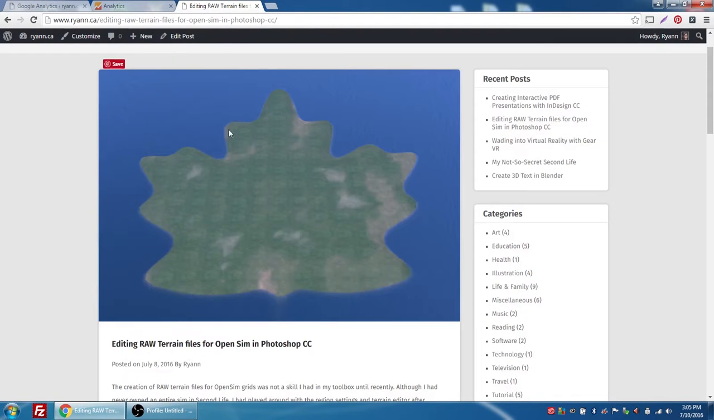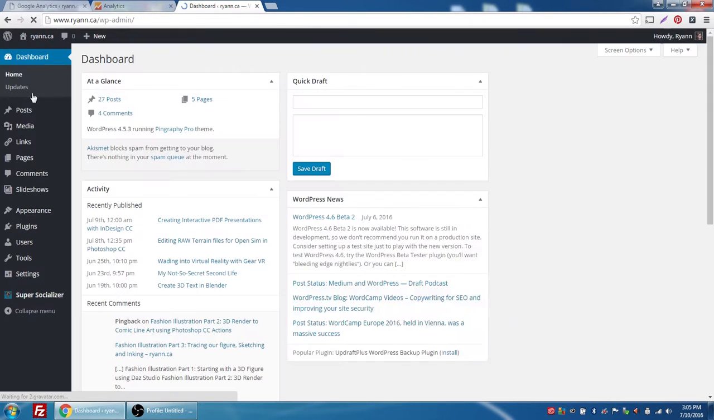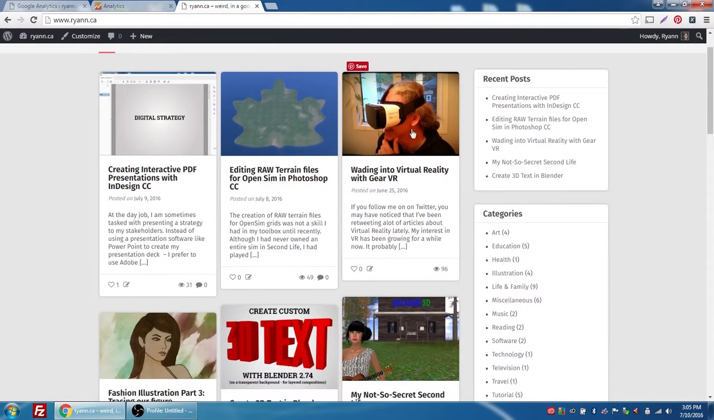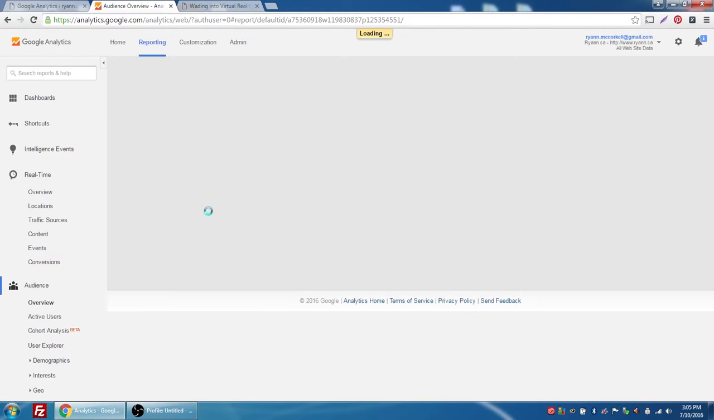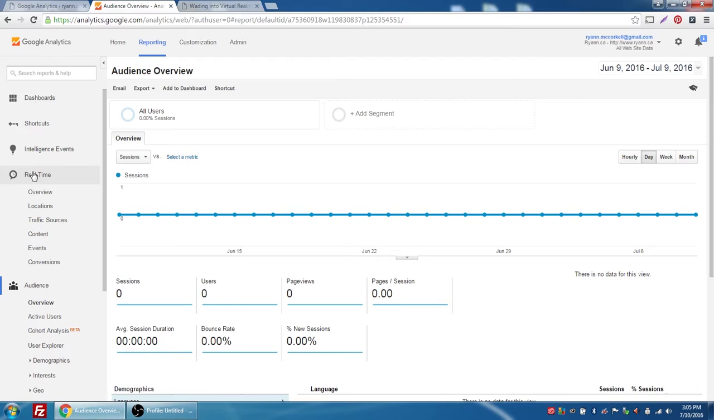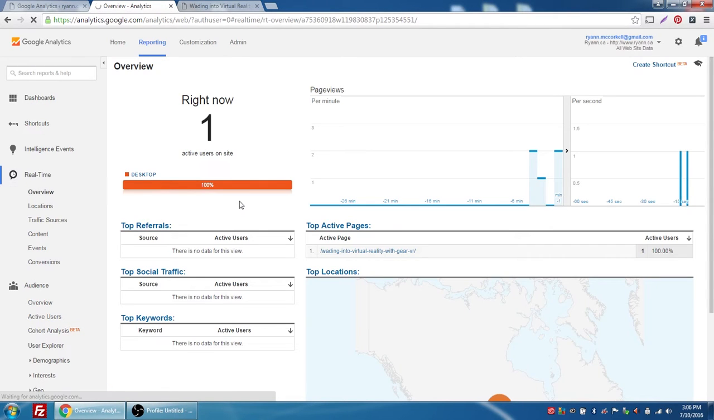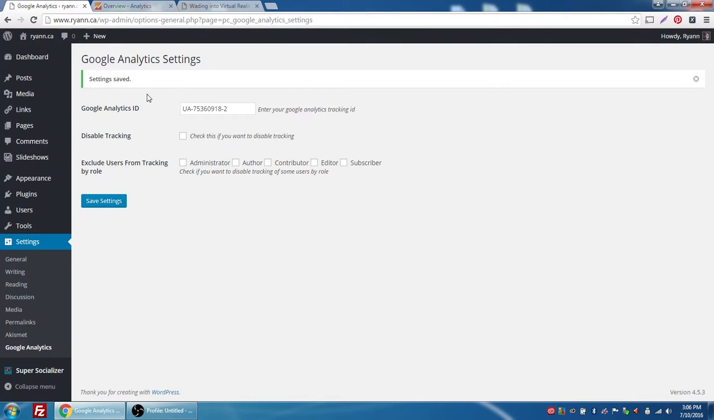And now, if I go back to my web page, oh no, sorry, visit site, and I'm going to pick my VR. And I'm going to go back to reporting, click on real-time overview, and again we've got it recognizing me as the one user on my website, and I'm obviously on the wading into virtual reality. So that's the second way we can install that. So I'm going to check this box just to save these settings, so that I've actually disabled the tracking,